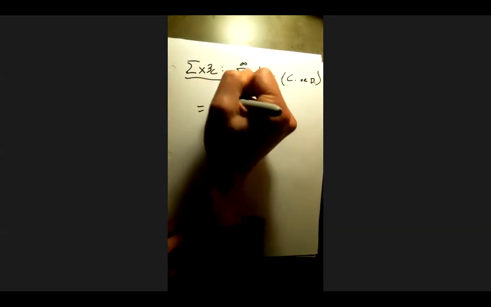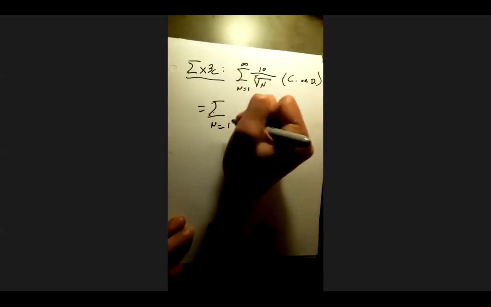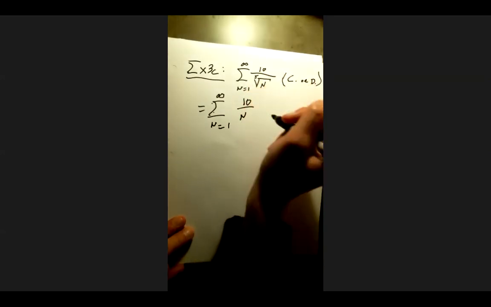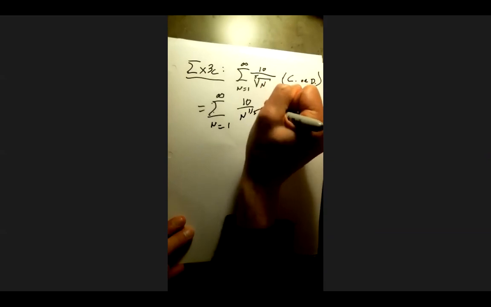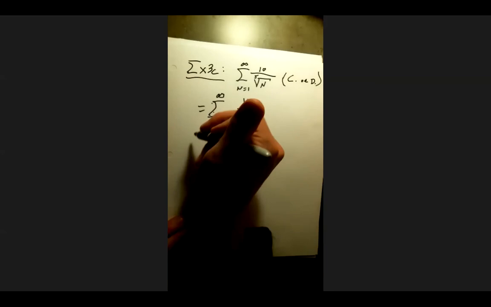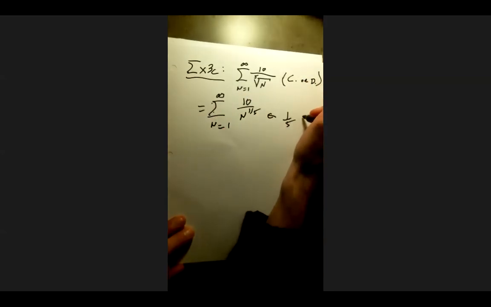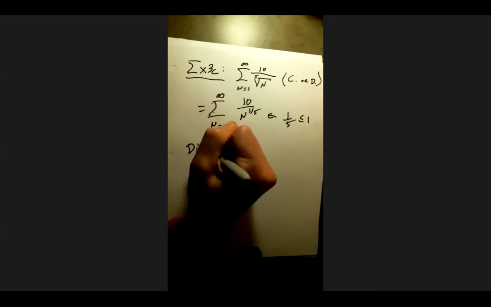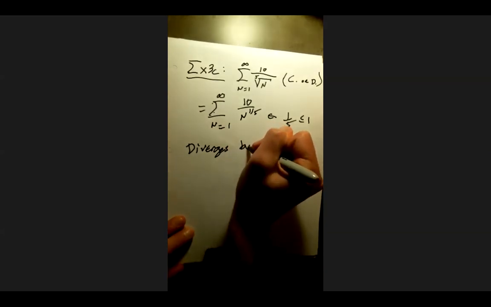So we could write this as the sum from n equals 1 to infinity of 10 over n to which power? 1/5. So is it going to converge or diverge? Diverge. 1/5 is very much less than or equal to 1. So this diverges by